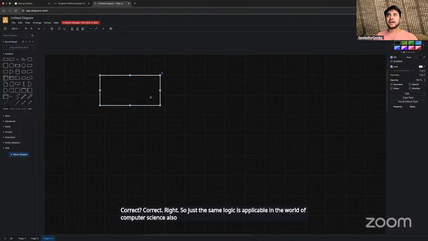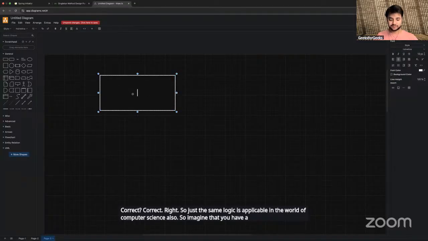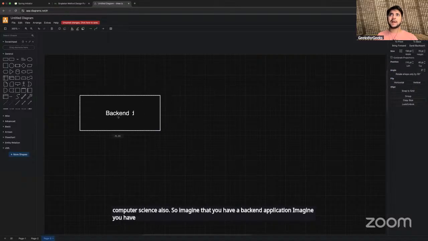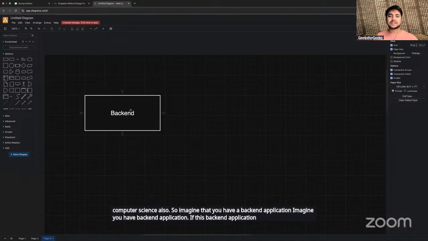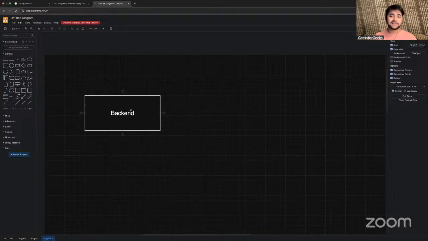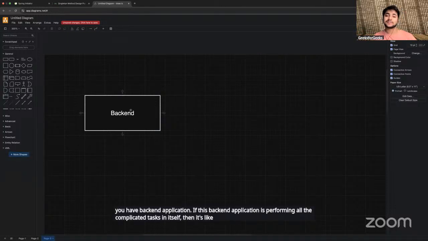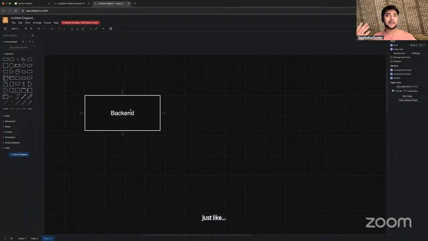Imagine you have a backend application. If this backend application is performing all the complicated tasks in itself, then it's like a unicellular organism, just like an amoeba takes care of digesting food, moving, hunting, and reproducing on its own.